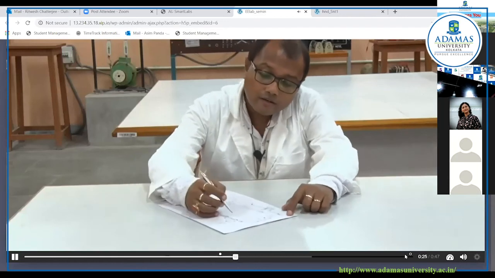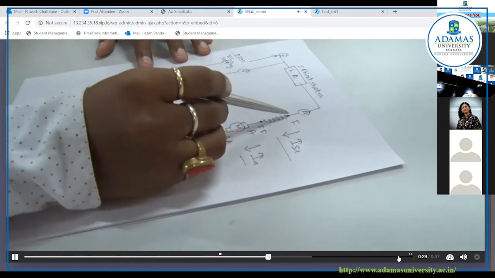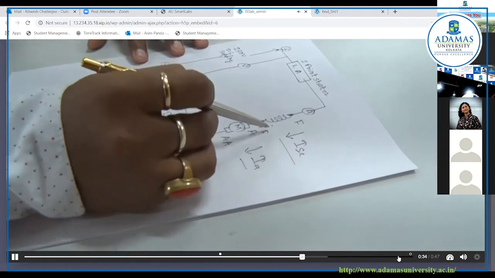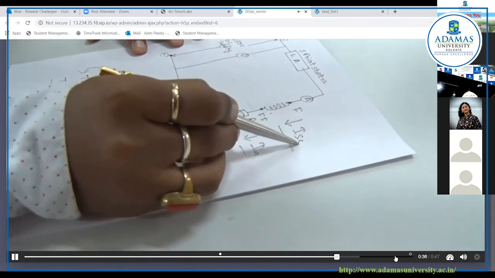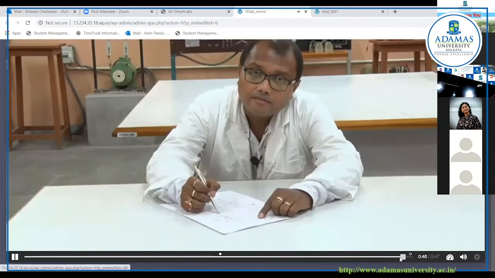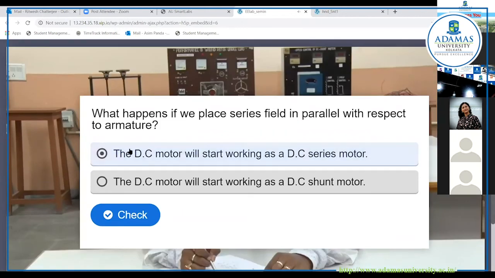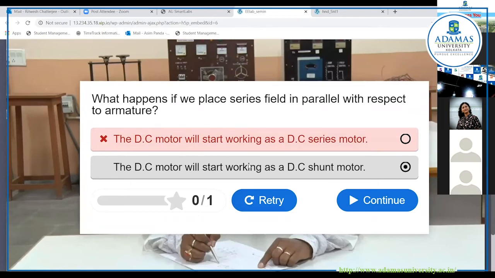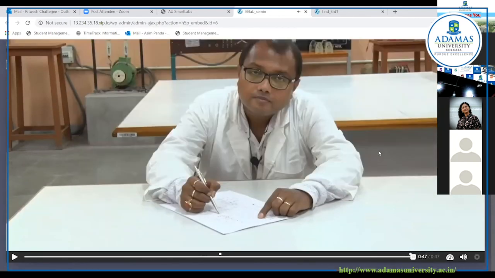Now, let's have a look at this circuit diagram question. This is the series field. We know that the amount of current flowing through it can be written as I suffix SE. SE stands for series field. Right. So we have another interactive question over here, and this is again an incorrect answer. If I click on show solution, I can understand that this is the correct one. I'm going to continue with this one.